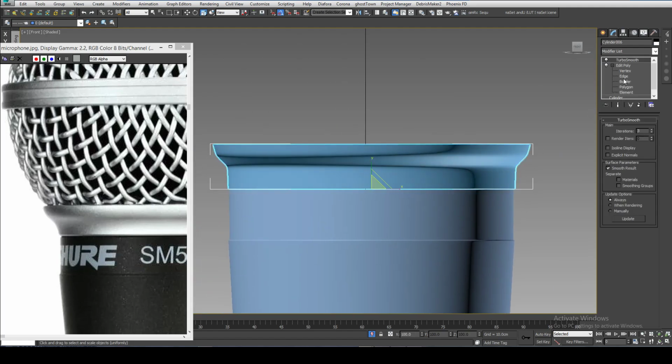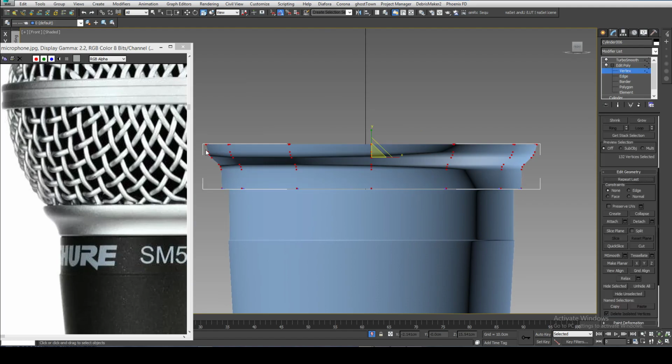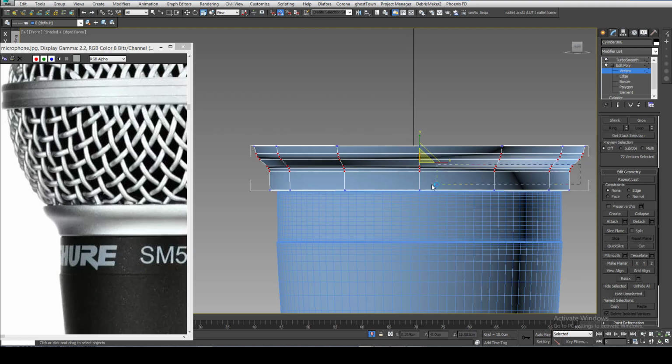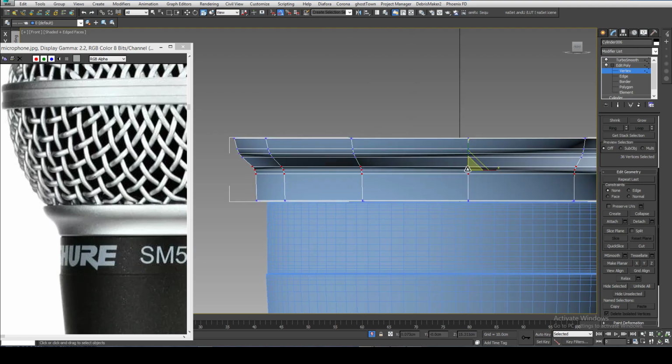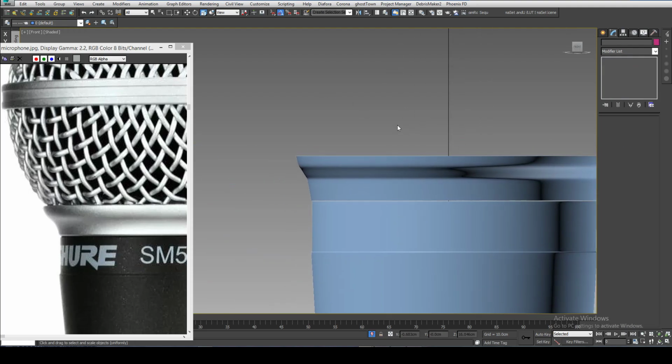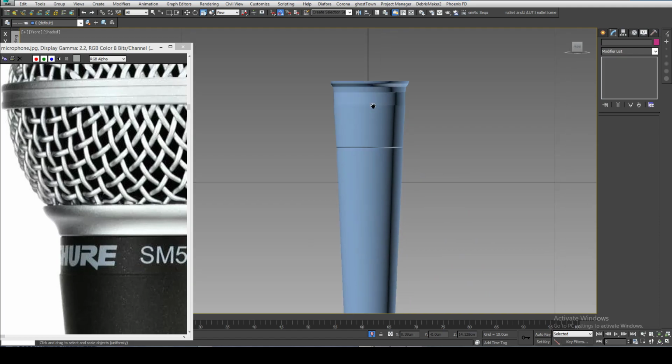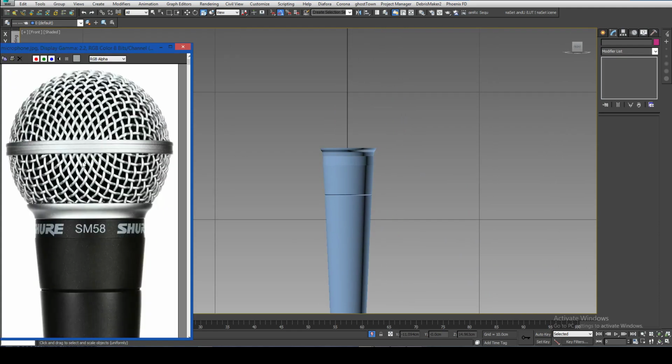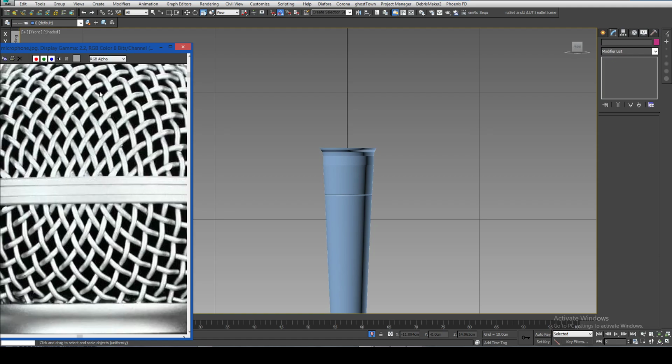I see now that maybe we can select those here and scale them up a bit, like this. Okay. So now this part that seems very difficult, we won't do exactly this pattern because it's a very advanced